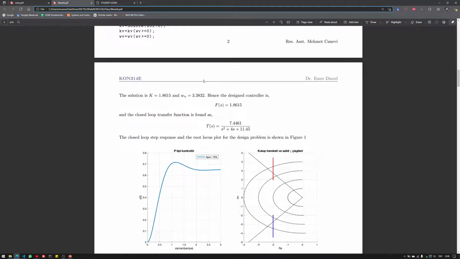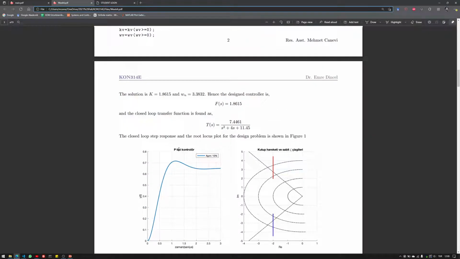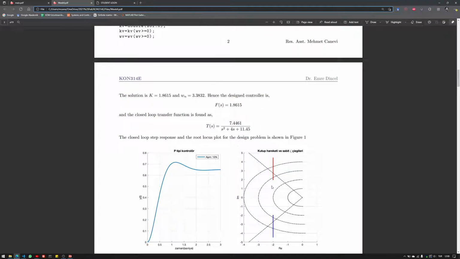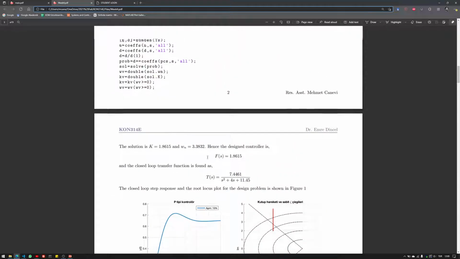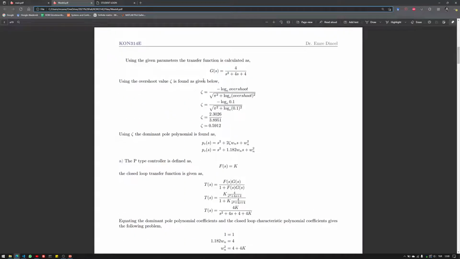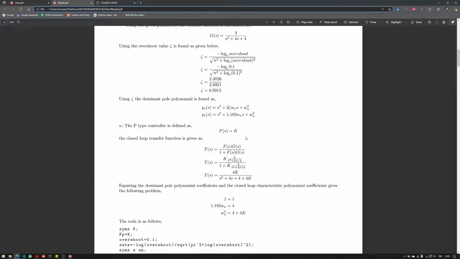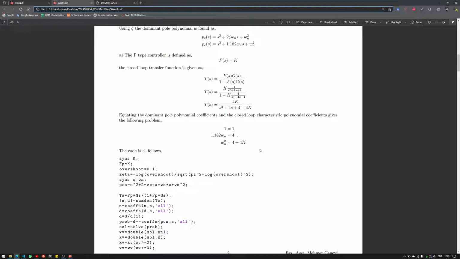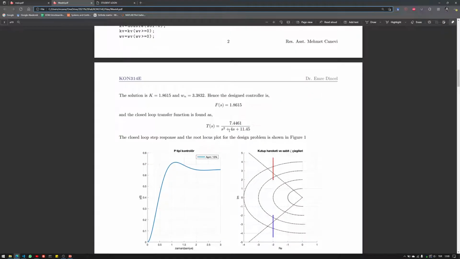Here we have the solution, and after that we have the validation step, where we have results, the step response, for example, for the system, and then also maybe the root locus plot for the open loop system, which shows that this is the only path that I can achieve to get the zeta value that is given in the question. So that's basically the solution. That's the detail of your report. So if you skip this code part, you have just the basic steps here. Give the system, give some steps that are important, that have meaning, and you have the problem and then the solution. And the solution that you give here is the p-type controller itself, the closed loop,